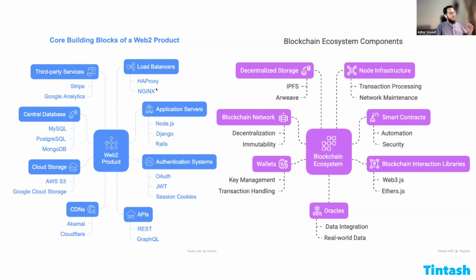So in a Web2 product, all of these things that are listed here, I think they are known to most of us. We understand that the application will have some authentication mechanism. It will be utilizing APIs, which are provided by certain application servers, and the application will be available to me through content distribution networks. I will have cloud storage, so I can upload my photos, and they get stored on AWS S3 or Google Cloud Storage. All of the posts that I create will probably go to a centralized database that uses maybe MySQL, Postgres, I don't know. And then there are third-party services. So if there are integrations of payment services or some third-party services, they have them there.